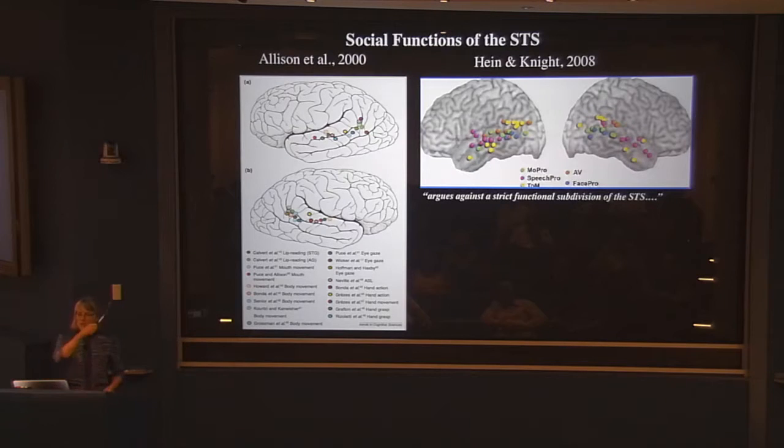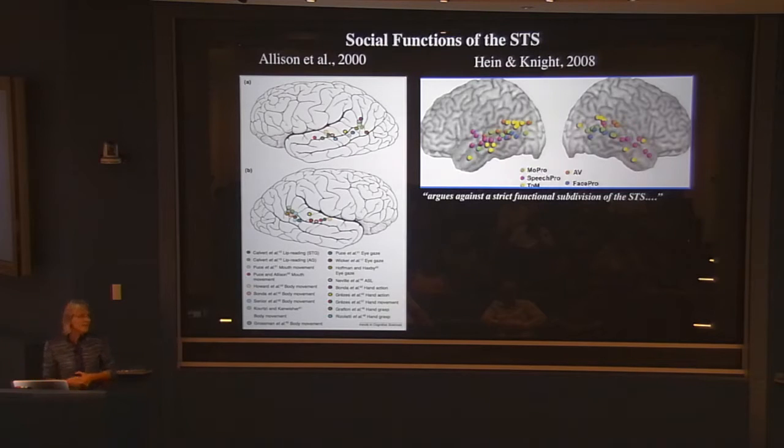Well, that doesn't follow from these data. It doesn't follow because those points up there are from different studies and different people. Further, every one of those points is just the peak from some activation that's a group analysis, a blurring of each of the individual subjects. So we really have no idea from these kinds of representations of the literature whether in fact there's a strict segregation up there or not.